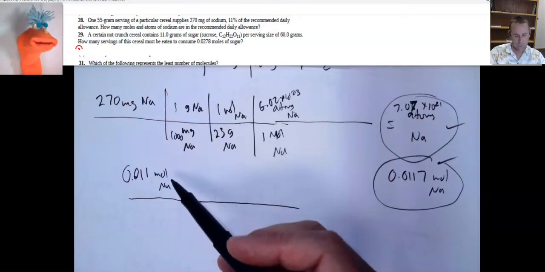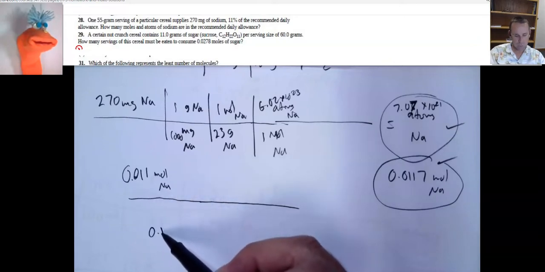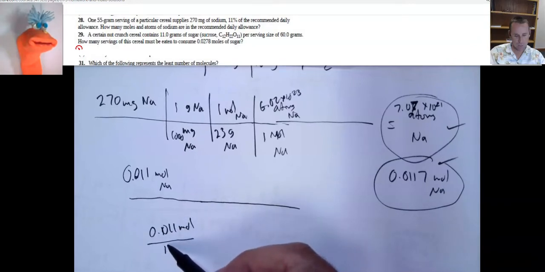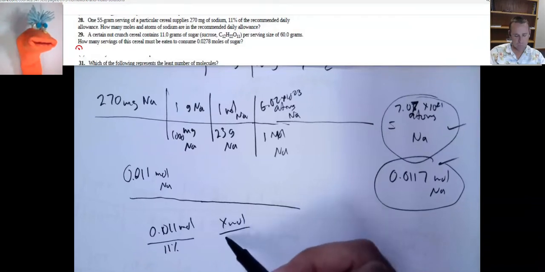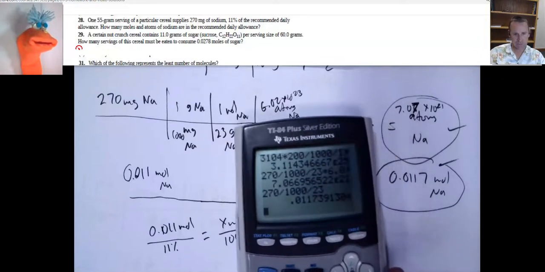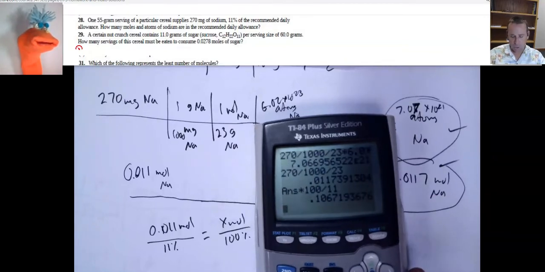So 0.011 moles is the amount for 11%, and we don't know how many moles are needed for 100%, but this ratio should give us our answer. So if I take my 0.011, times it by 100, and then divide by the 11, that tells me 0.1067